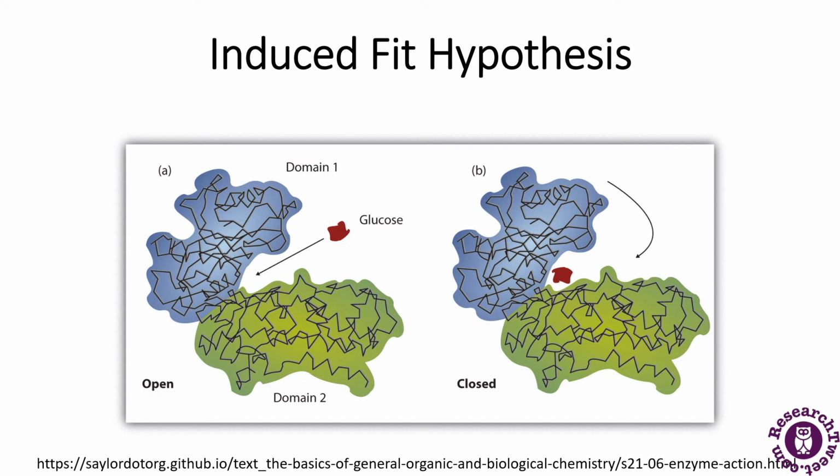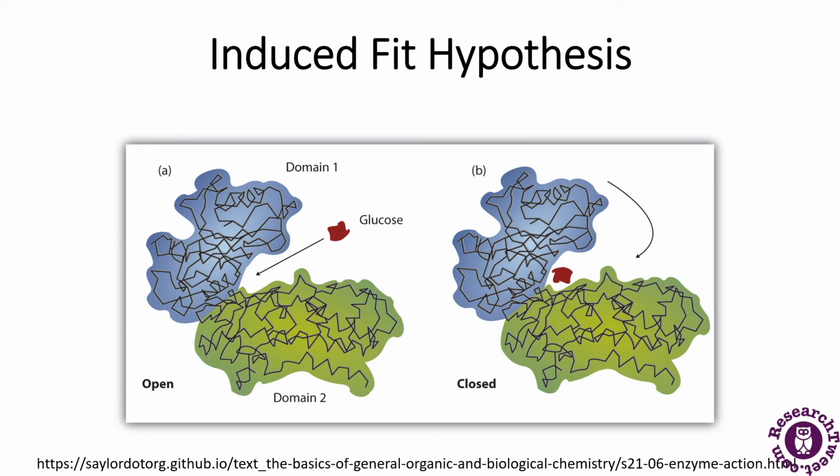So here the structure of the active site of an enzyme is flexible. There are two types of groups present in the active site of an enzyme. One is the buttressing group and the other is the catalytic group. The buttressing group helps in supporting the substrate, whereas the catalytic group helps to explain the mechanism of